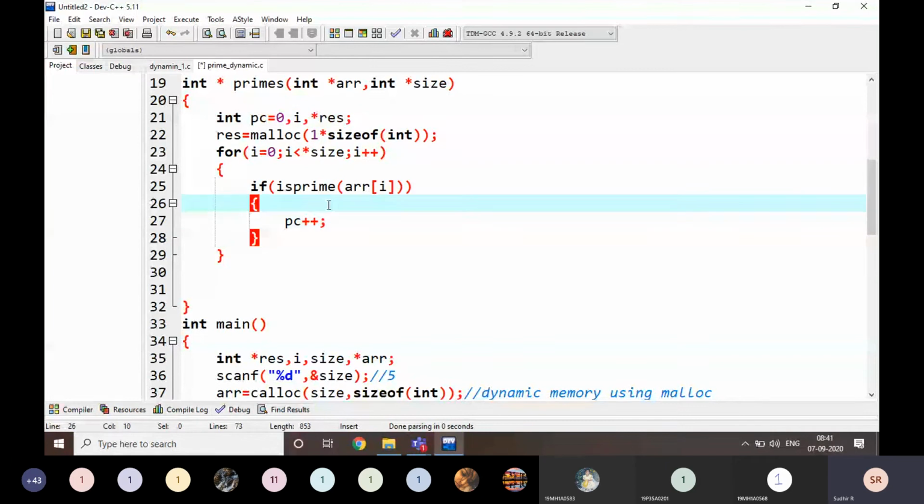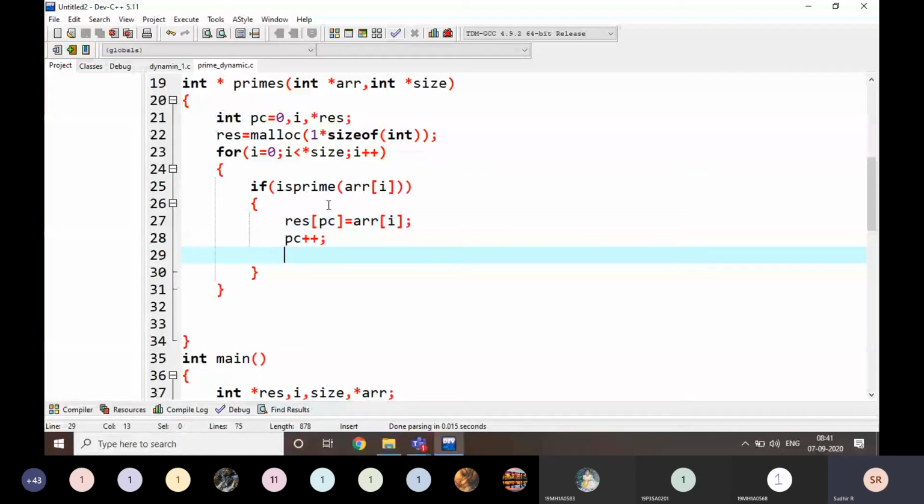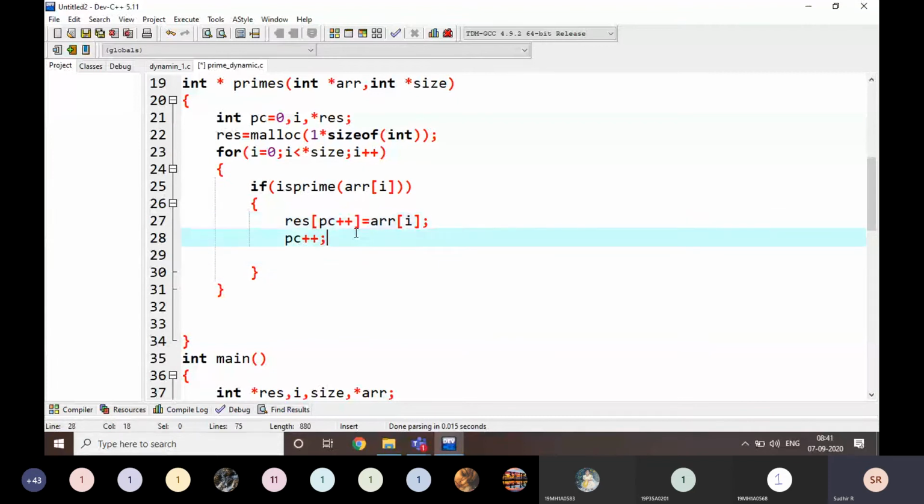Before pc plus plus, result of pc is equal to arr of i. Instead of writing it like this in two lines, here I am going to write it like this: result of pc plus plus is equal to arr of i.